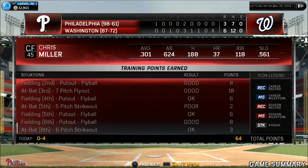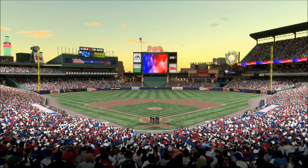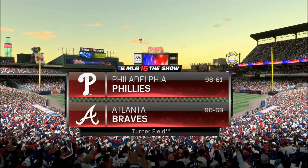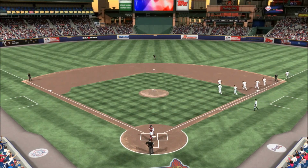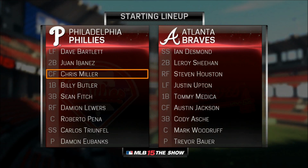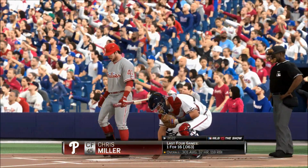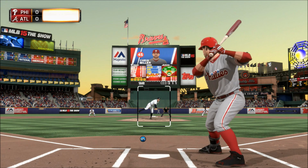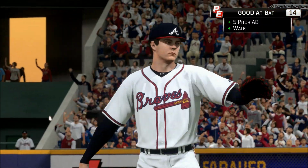Now on 3-2. A picturesque look there at downtown Atlanta and Turner Field. And before we get too much further, here's a look at each manager's starting lineup here for the opener. Chris Miller will stand in now, hoping the walks are in check if he's going to have success here. I was thinking the same thing. No free rides. You got to...